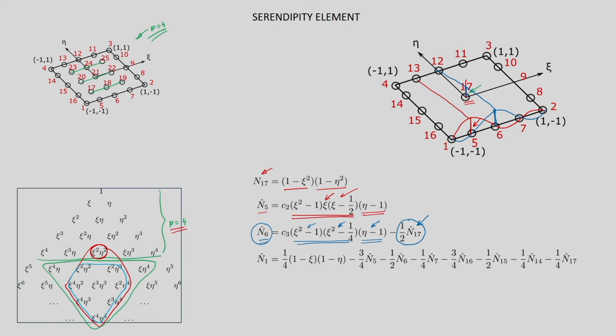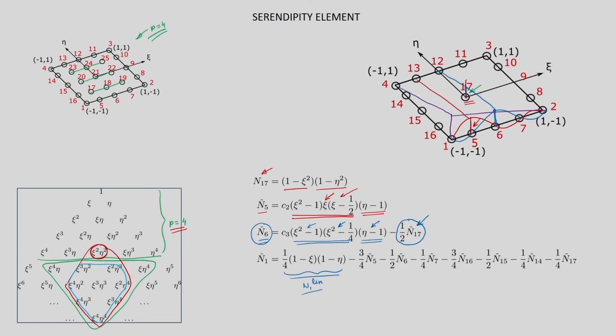Finally, we will construct the shape functions corresponding to the corners of the element. Let us discuss N1. We said that we started with the linear shape function, N1 linear. So, this is N1 linear. Then what do we do? We subtract. So, N1 linear, if I draw, is 1 here, and varies linearly with xi and eta.